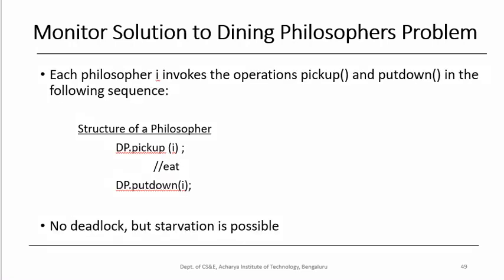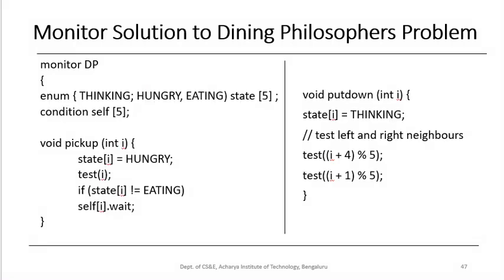Okay, after he successfully picks up both the chopsticks that he needs, here we're talking about philosopher 5, he eats. After he eats, he puts down the chopsticks. Let's see what we have written in this put down procedure. The philosopher has just finished eating, so we have made his state thinking,